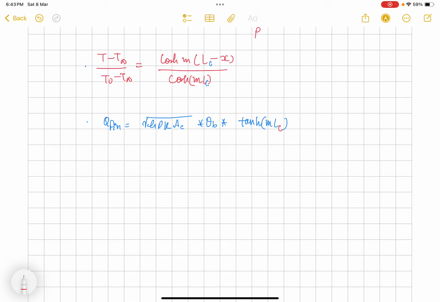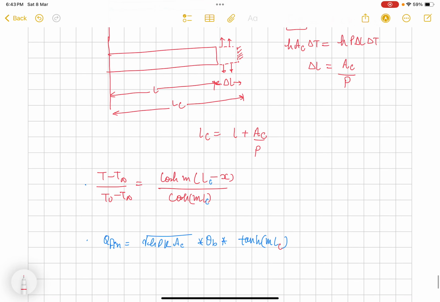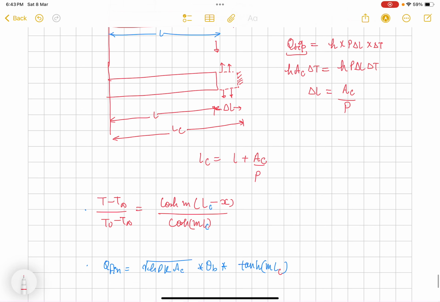Alright, so I hope you have understood the philosophy, which in summary is that we add length to the original fin, which will give the same heat loss as the convective heat loss from the tip of the fin. Okay, and assume the fin tip as insulated. Alright,